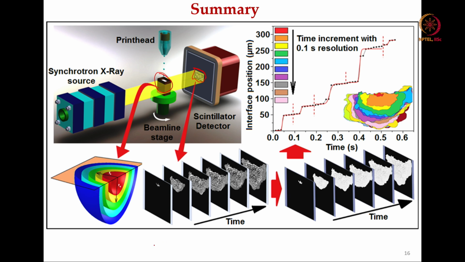Now this has been categorized in both time and space, and then we have done detailed analysis including edge detection to quantitatively find out the depth and spread of the wetting volume or wetting contour. We have also found the area and wetting volume. Then we plotted how the interface position has been growing more and more into the powder bed, with a time increment of 0.1 second resolution. You can see the red to the other spectrum of colors.